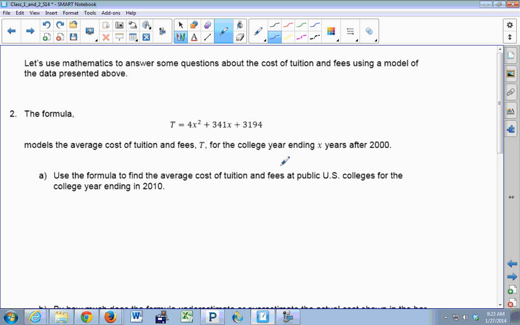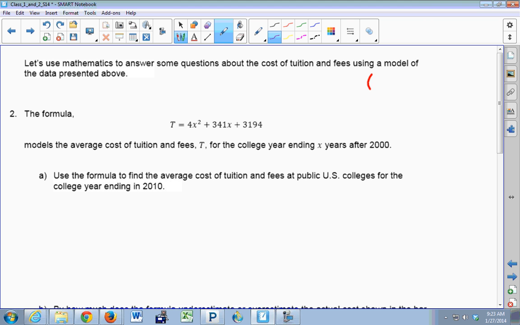This is the equation for that quadratic. This is what we call a model. Now notice, this estimates the tuition for each year. And how are we going to put the years into our model? X represents the years after 2000. So if you go back to your graph,